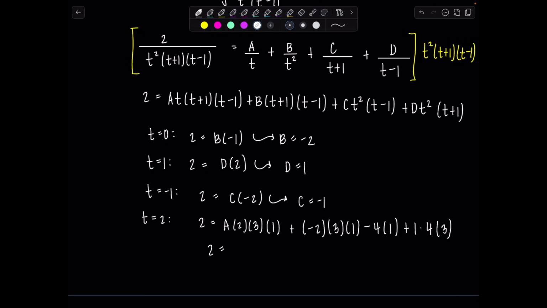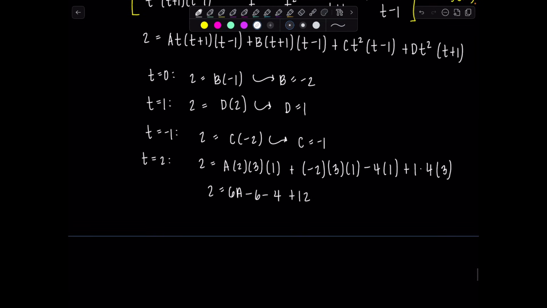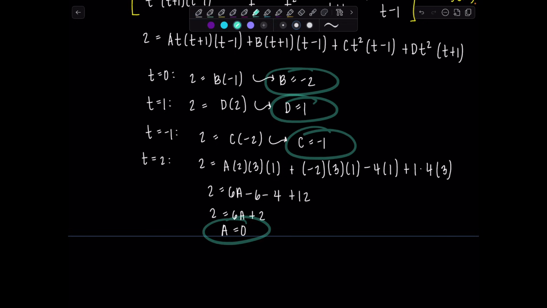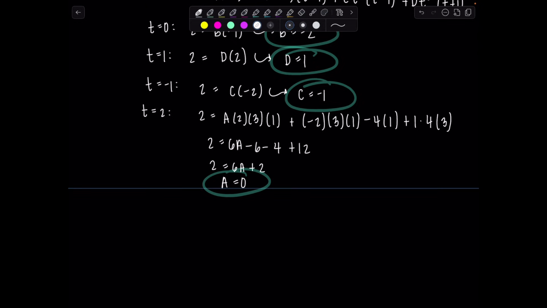So then you get 2 equals 6a minus 6 minus 4 plus 12. So what is that? 2 equals 6a plus 2. So a is 0. Oh, okay, good for us. So we've got them all: 1, 2, 3, a 0. So now we can rewrite our integrand